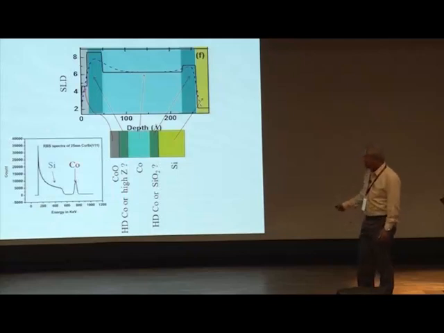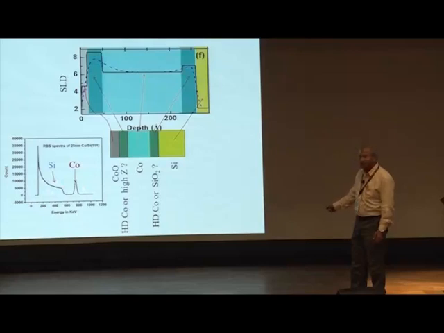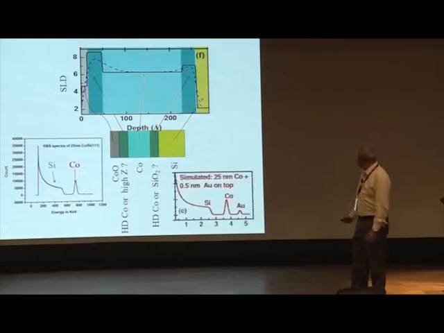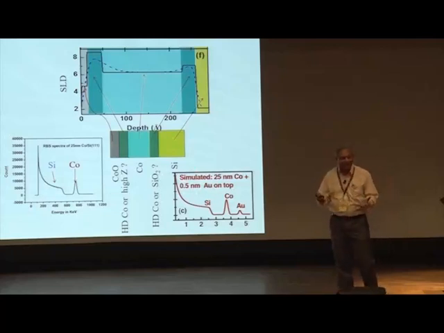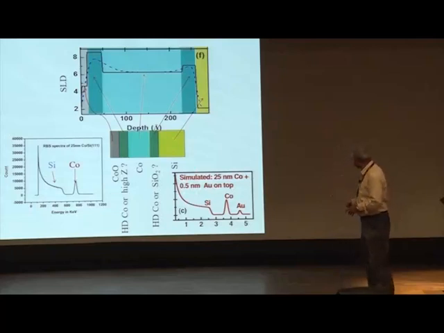So we carried out a Rutherford backscattering spectrometry experiment, which shows this cobalt signal here and silicon signal from the substrate. If any high Z materials were there, the signal would be on the higher energy side here. I show a simulation: if we had about 5 angstrom of gold, equivalent to 2 atomic layers, either on the top surface or anywhere distributed within the cobalt, even then our technique is so sensitive that we would see this signal clearly. But we see nothing here, so that rules out any possibility of any high Z materials over here. So this is now proven: it is high density cobalt.